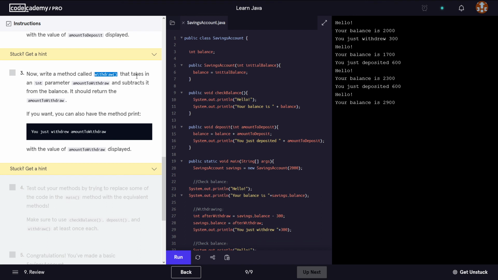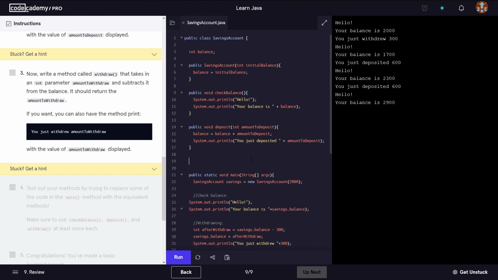And that method takes in an int parameter amount to withdraw, okay? So right below this deposit method, we're gonna do public void. So it says write a method called withdraw that takes in an int parameter amount to withdraw and subtracts it from the balance. It should return the amount to withdraw. So this one is not void, because it's gonna return the amount to withdraw, okay? So public int